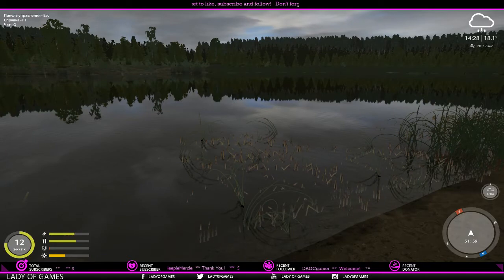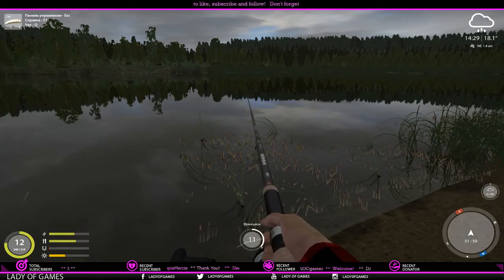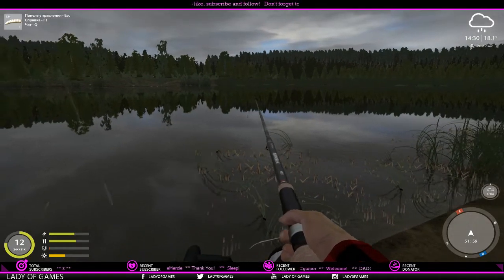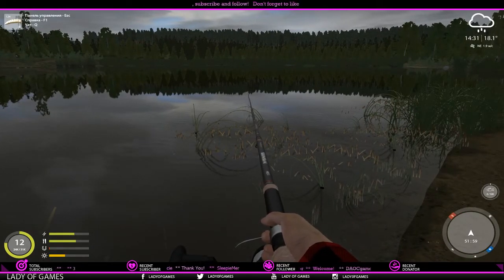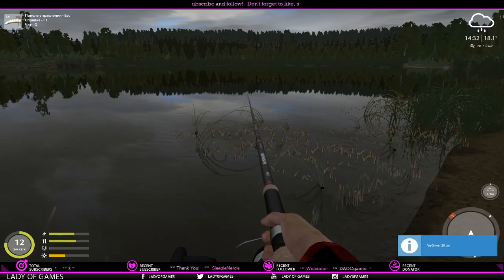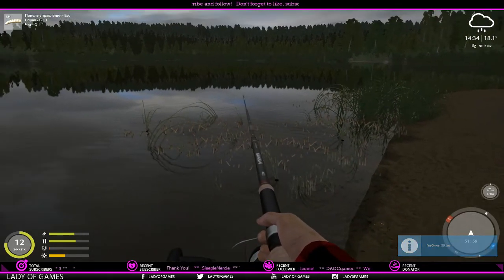Need to quickly check. So here on the number 1 we have the rod, putting a drag on 10. Let's put reel speed on 18. Before you cast out, you need to set the leader, because in here we actually get